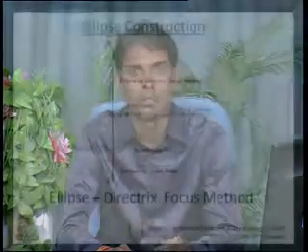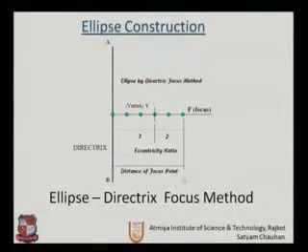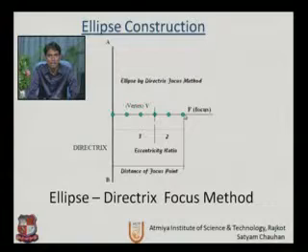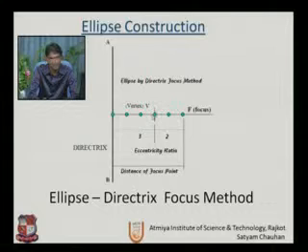We will see next on our slide. So here we can see AB is a directrix. Ellipse by directrix focus method. First we will see ellipse. So vertex and focus. So this is the eccentricity ratio. So let us say our focus is 5 segments from the directrix. So we have to divide these segments 3 and 2 in order to get the vertex of the ellipse.